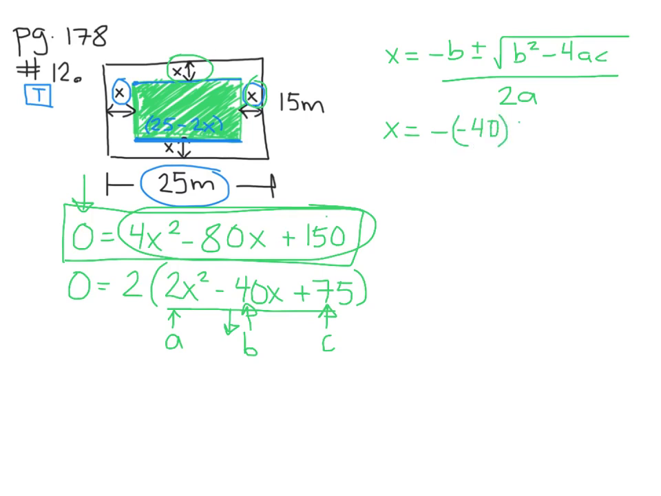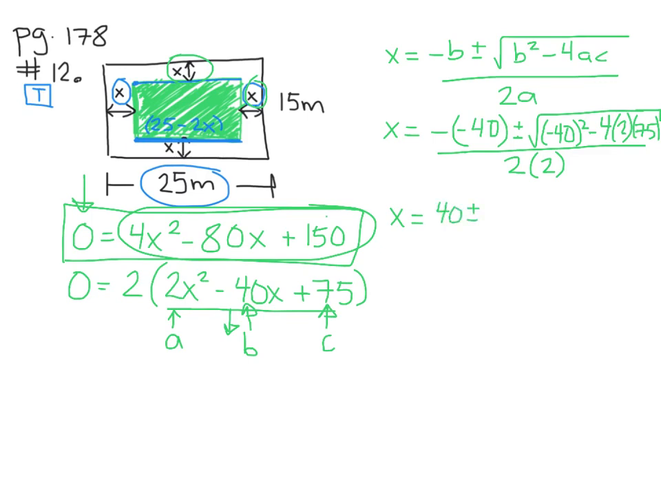So negative, and then negative 40 plus or minus the square root of, then I have negative 40 all squared, minus 4 times a, which is 2, times c, which is 75, and then all over 2 times a, which is 2. Continuing this, I'm going to get positive 40 plus or minus the square root of, this is 1600, and when